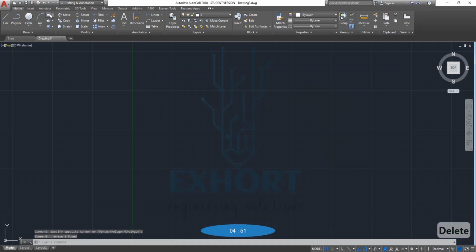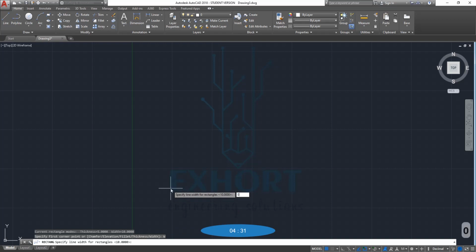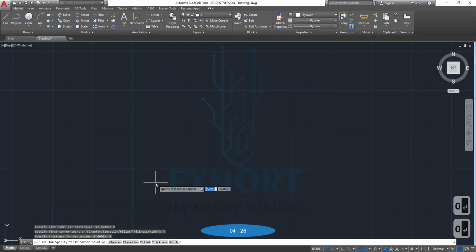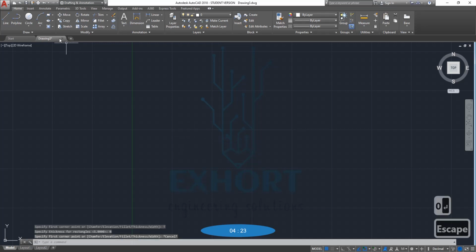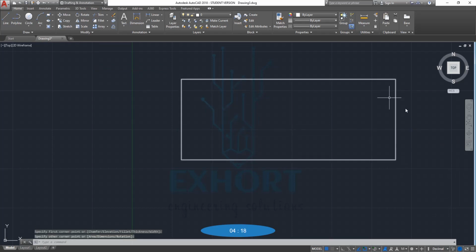Now we will see how to draw a simple rectangle. For that, we have to keep in mind that we have used thickness and width. We have given some dimension to the thickness and also to the width, so we have to give the dimension again and minimize it to 0. It shows here 10 mm width, so we have to give 0 and hit enter. Also select the thickness, give 0 and hit enter. So now we can draw our rectangle with fresh dimension. Select the rectangle command, select the first point and select the second point. Our rectangle of that approximate dimension will be created.